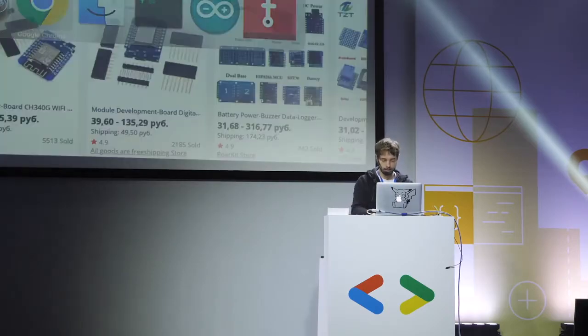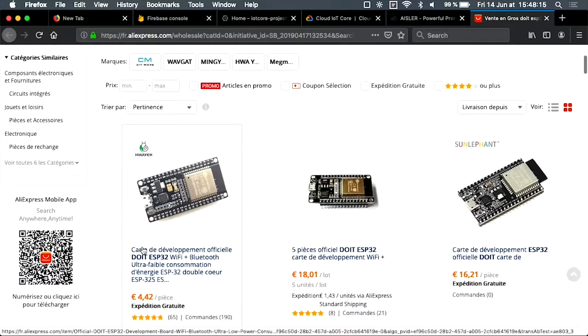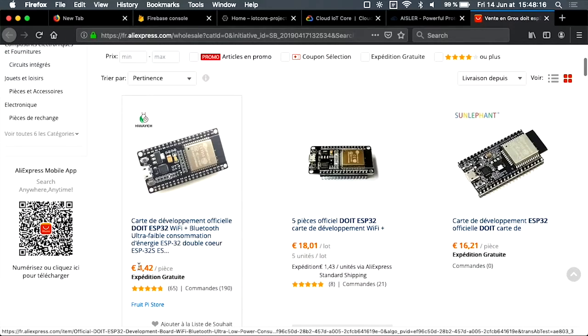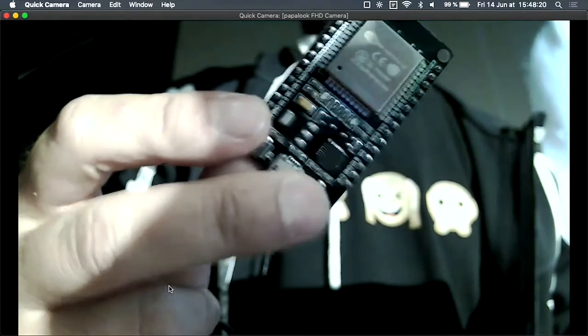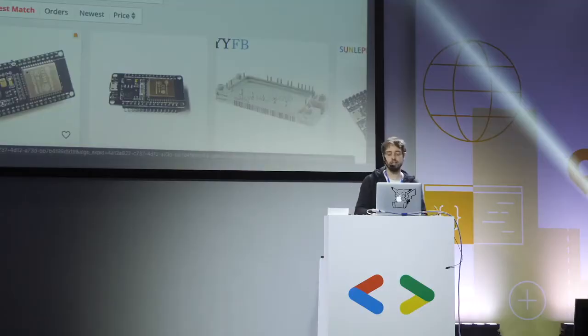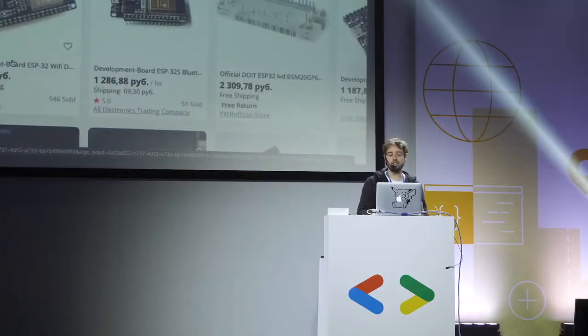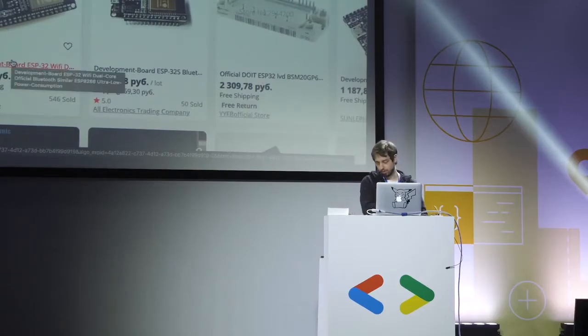And again, if you're interested in buying one, you can see, of course, it's more expensive than the ESP8266 because it's much better, but you can see it's still affordable because if you want to buy one, you need like 300 rubles and free shipping. Everyone here can just, if you want to have fun, buy one, receive it a few weeks later, and write some code. And today we will see how to write code for this microcontroller platform.